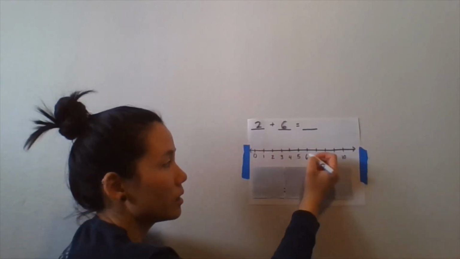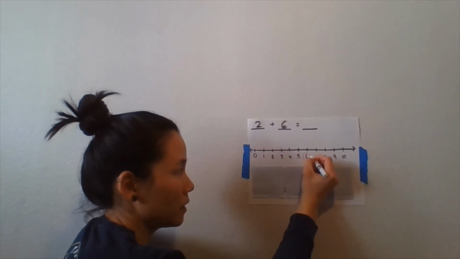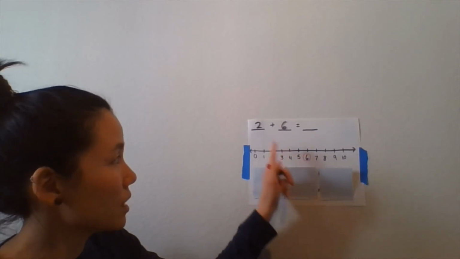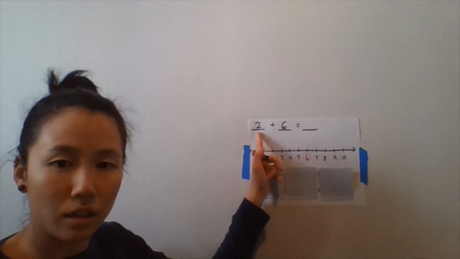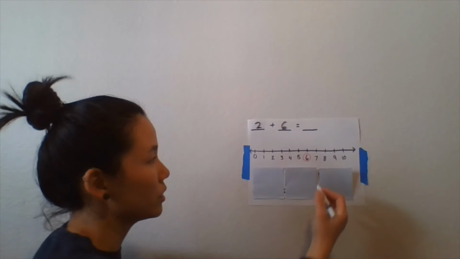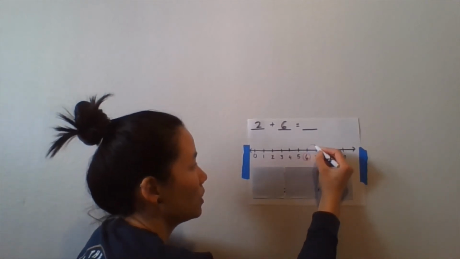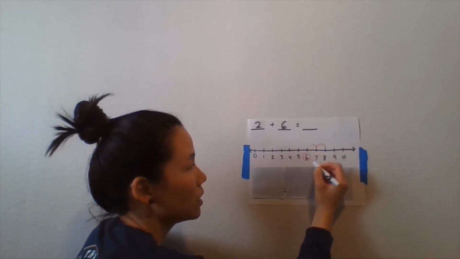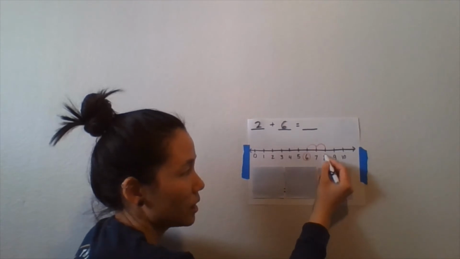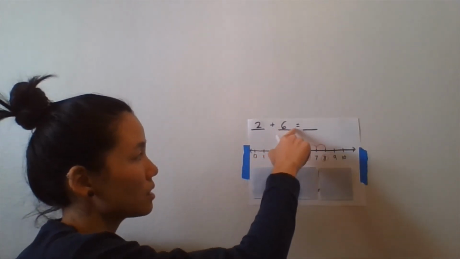6. I'm going to circle it on my number line. And the smaller number tells me how many jumps. The reason why we start on the bigger number is then you don't have to take as many jumps, right? If I start on 6, how many jumps do I need to take? Just 2. So here we go. Ready? 1, 2. I end on 8. So I know my answer, 2 plus 6 equals